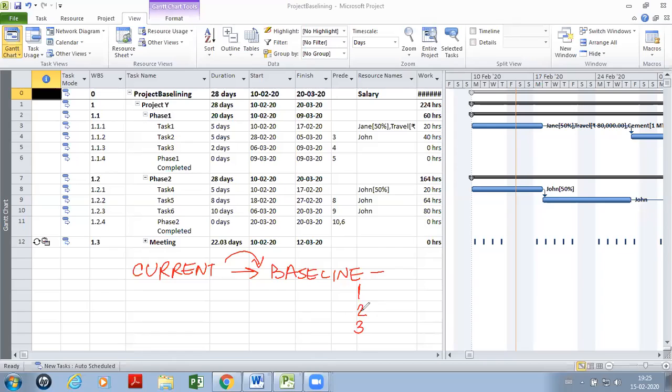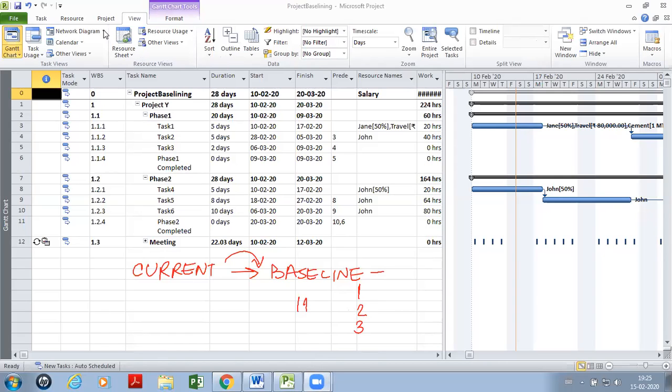So we can maintain 11 baselines in all. One is unnumbered, and the others are numbered. So we can change the reference if we want to, and monitor against whatever is the valid reference. So we get 11 choices here.